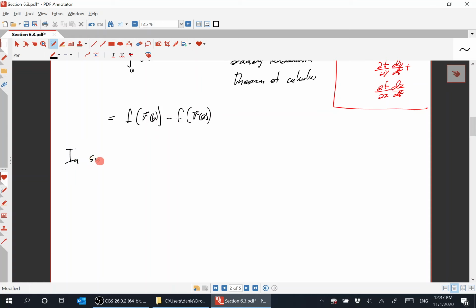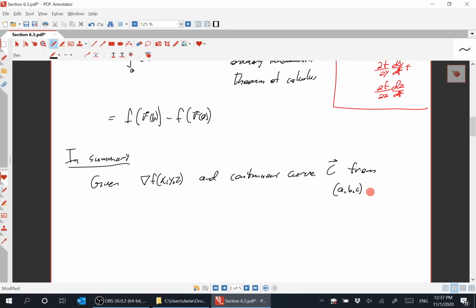So in summary, given gradient vector field f of x, y, z, and a continuous curve C from a, b, c to x, y, z, the integral along C of gradient f dot dr is just equal to f of